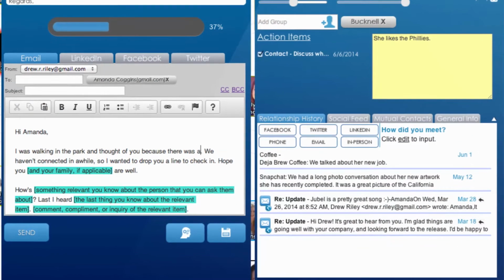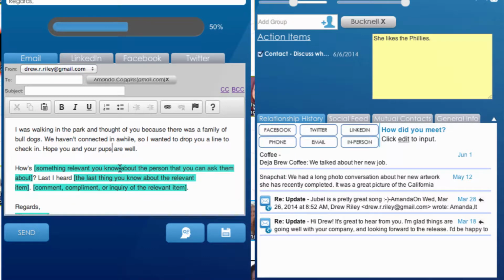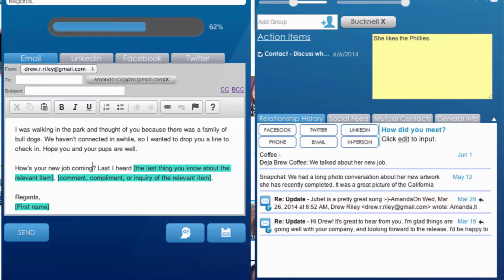In the drafting pane down below, one of our proprietary smart messages is displayed. This is a partially written skeleton of the example above, with the generic parts of the email already written in. For any specifics like the last update from a relevant item, the user needs to fill in the data. The beauty of this is that they hardly have to think about how to structure the email. All they need to do is use the information that's readily available in the profile to fill in the blanks